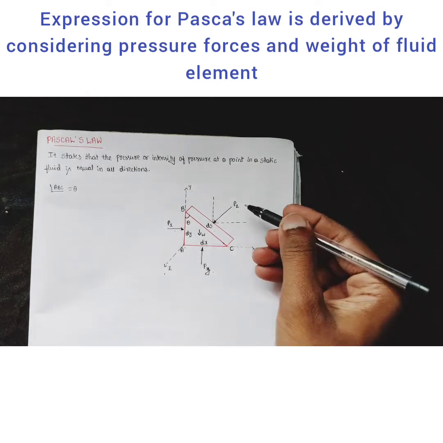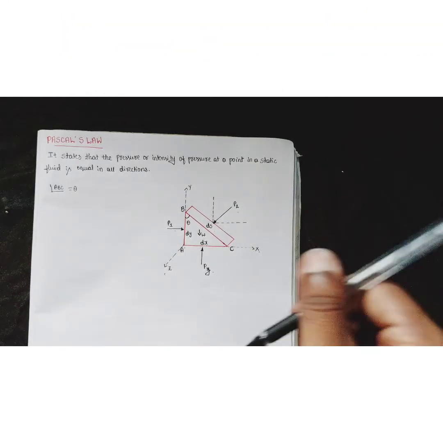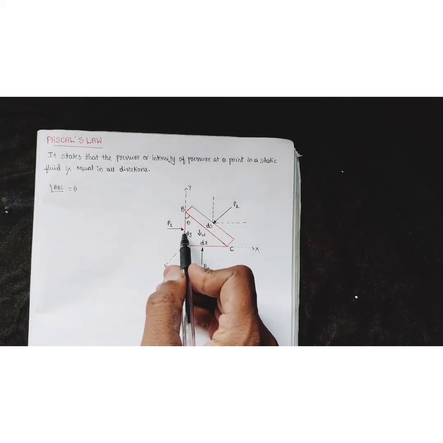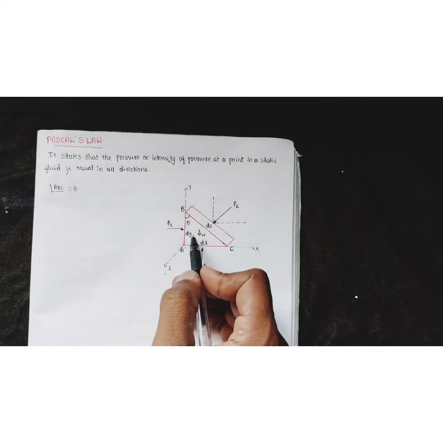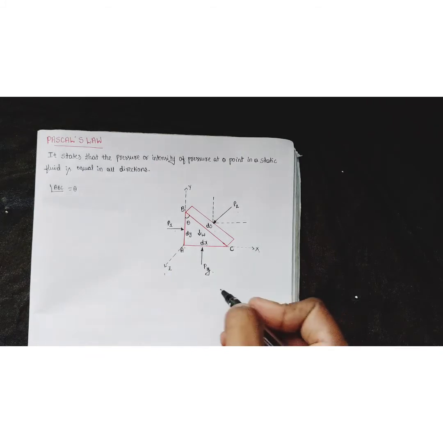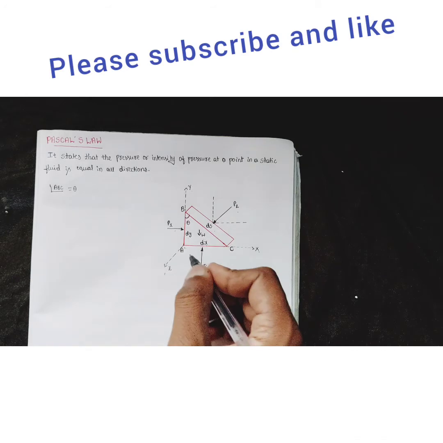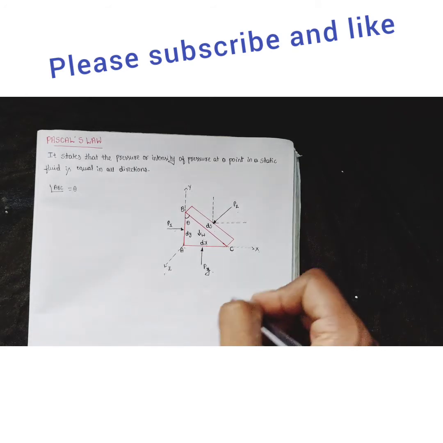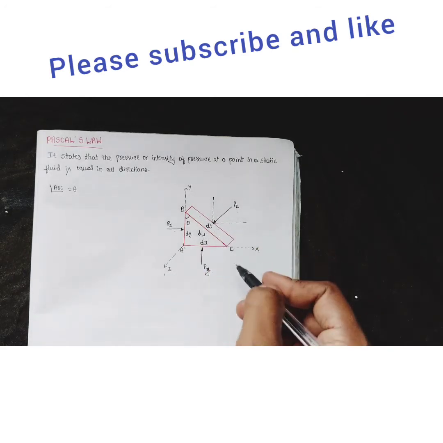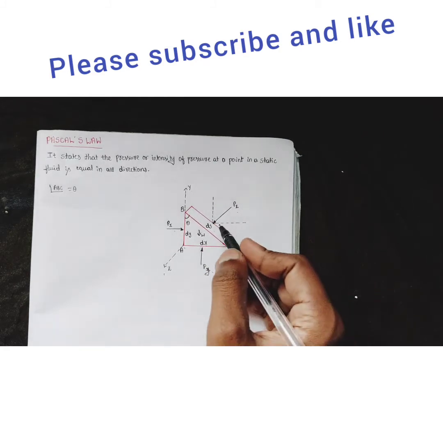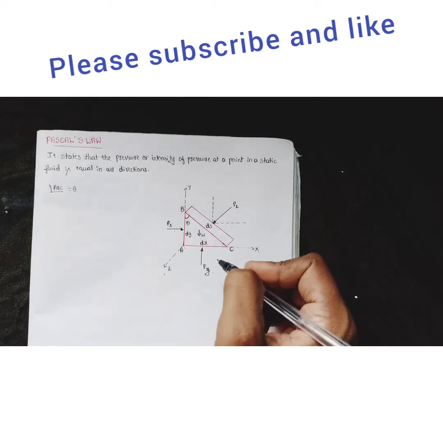And also here the Pz is inclined. That means you can see Px is the intensity of the pressure acting in the x direction, which is normal to the surface AB, and Py is nothing but the intensity of the pressure acting in the y direction, normal to the face AC. Like that, Pz is also normal to the surface BC, and it makes some angle because of its surface inclination.